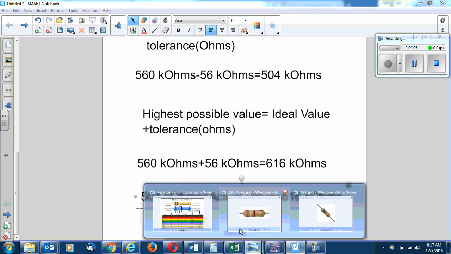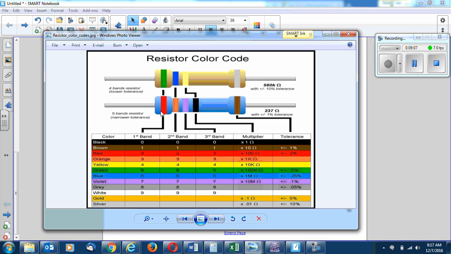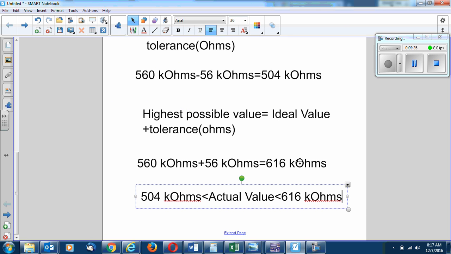You always have some sort of tolerance. Now let's take a look at the second resistor we have on this picture. This one is a 5-band resistor and it has a narrower tolerance. You can see that its last band is actually brown, and that's a 1% tolerance. I don't have any of those. Most of the resistors in my class are either 5% or 10%, but I don't think I have many 10% left, so it's basically 5% tolerance. Okay,